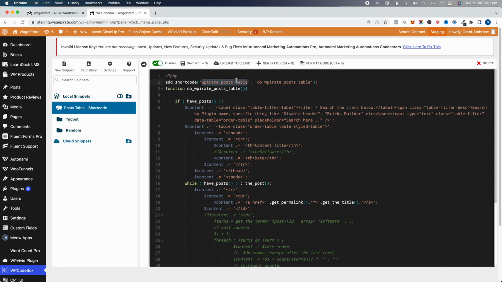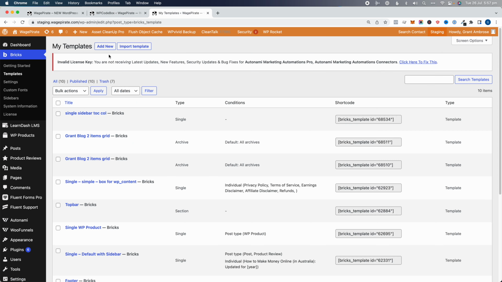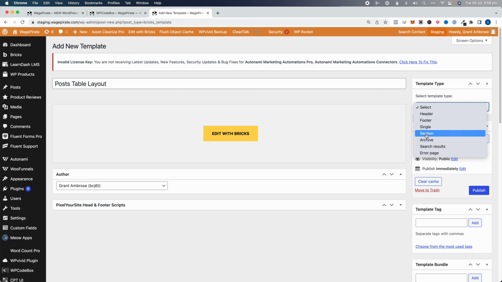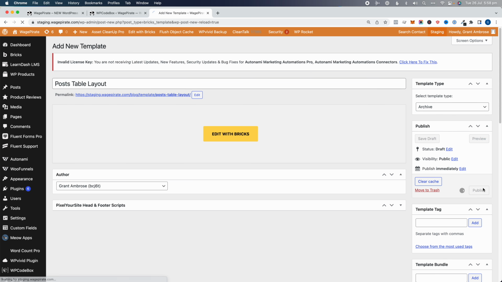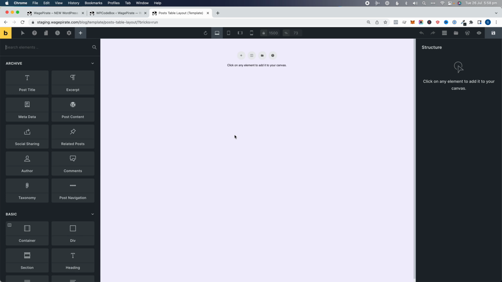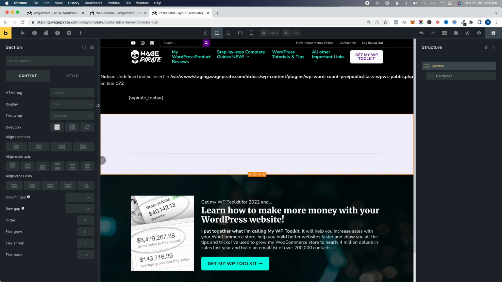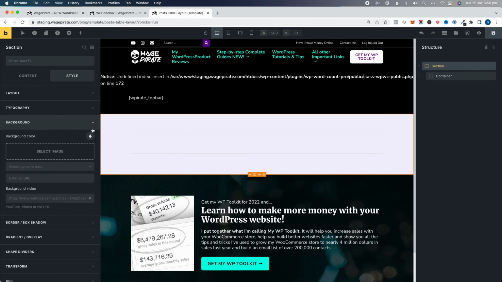Before Bricks Builder, again, we copy this and we go to Bricks and then Templates, and then I'll click Add New Template, and then here I'll write Post Table Layout, and then I'm going to make this an archive template type, and I'm going to click Publish, and then I'll go Edit with Bricks, and then I'm going to insert a section. I'm just going to make this section have a white background, so I'll go up here and go white background,